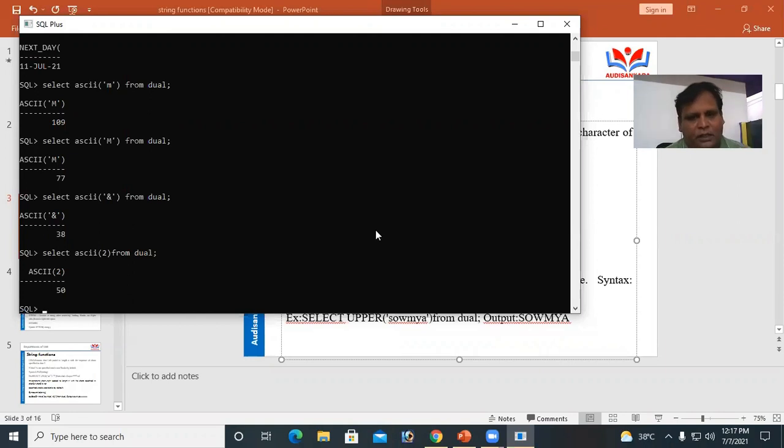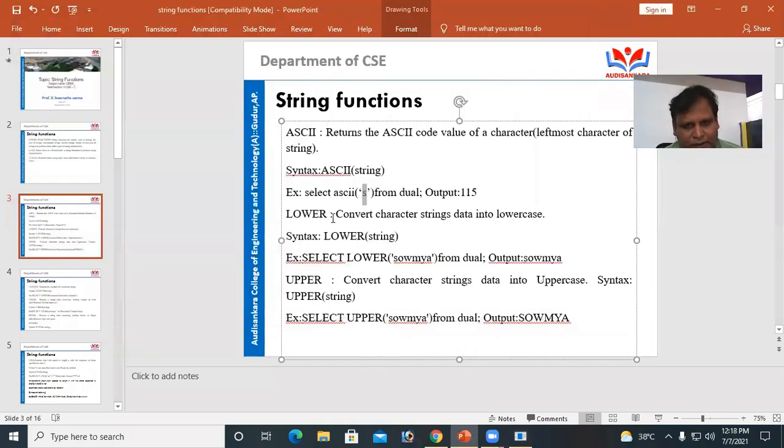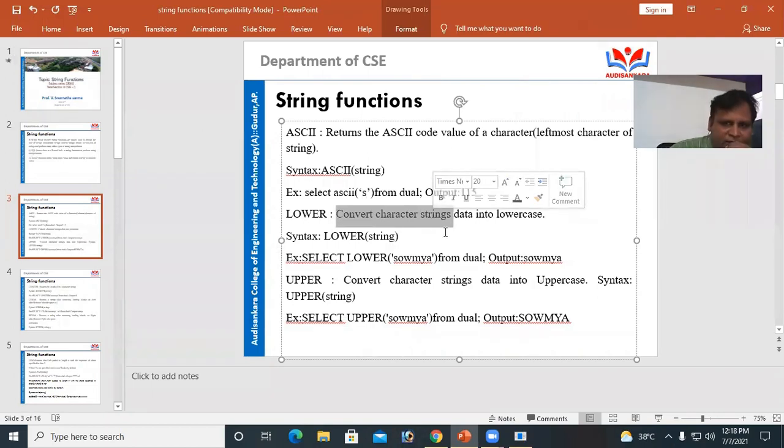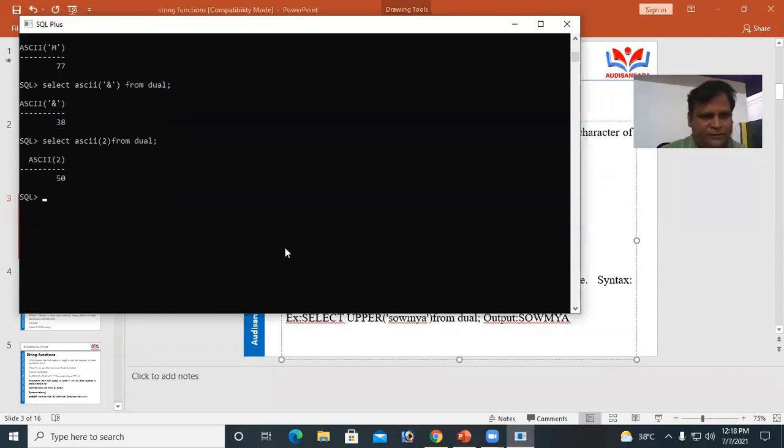Okay, then another string function is LOWER. LOWER is a string function. It converts character data into lowercase. Here, SELECT LOWER of Soumya from DUAL.